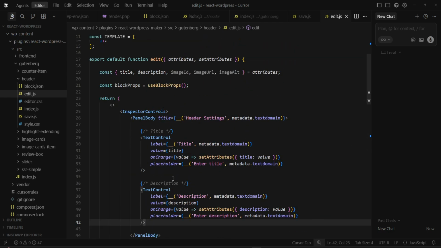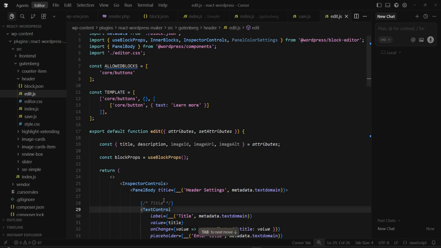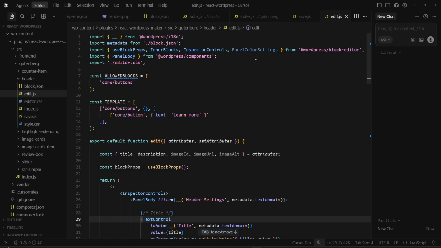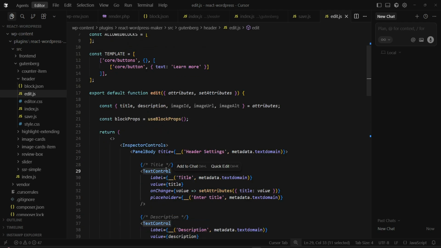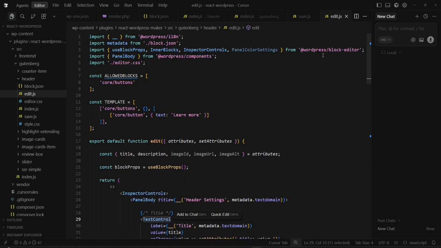At the moment we added text control and rich text, but we need to import them. Sometimes importing of components is a bit frustrating for me,